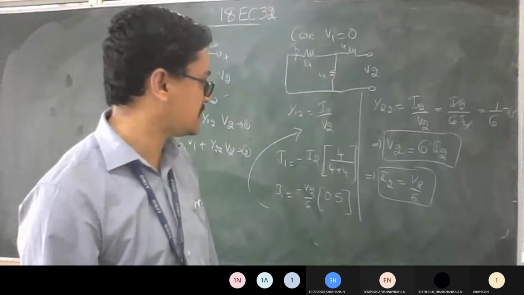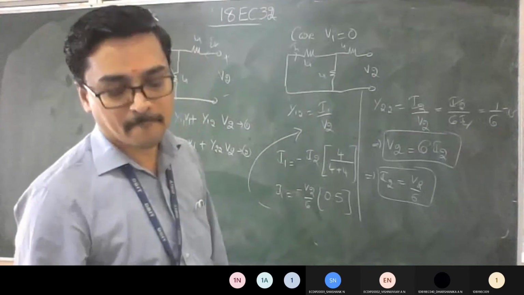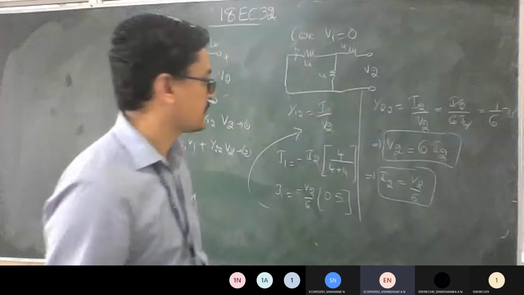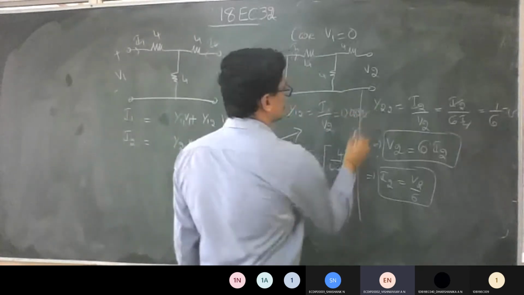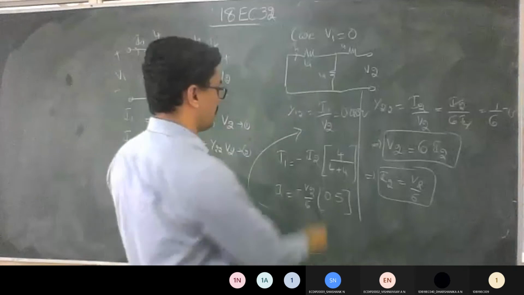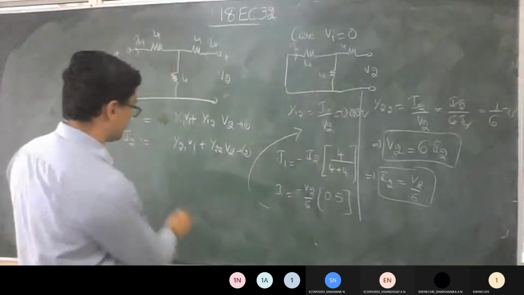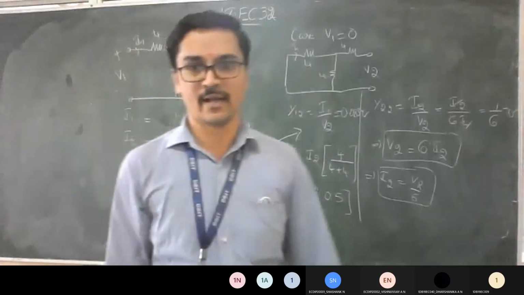Check out the answer. It's again 4 by 8. How much did you say? 0.5. So substitute this in place of I1 and tell me what is the answer. So V2 will get cancelled. What answer will you get for Y12? How much here? 0.083. So is it the same answer? Minus 0.083, minus because of this. So you write all the answers, and that becomes the Y parameter answer.